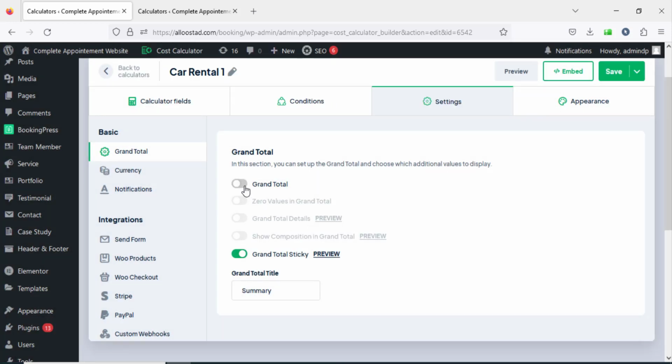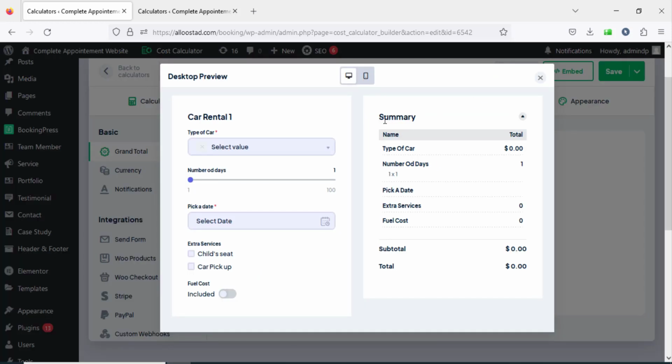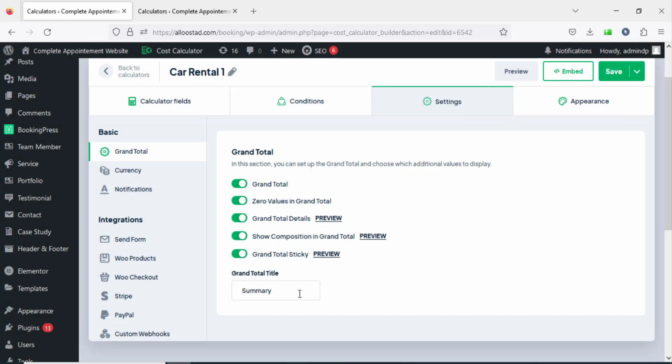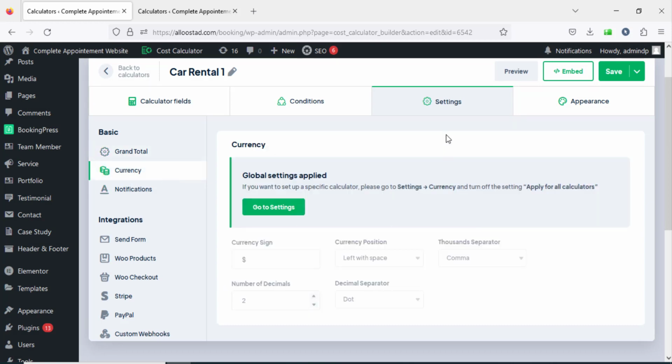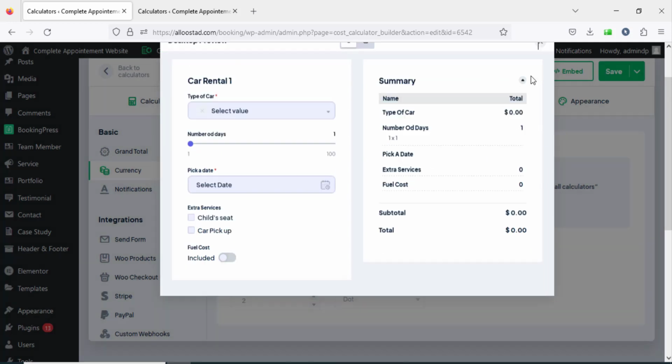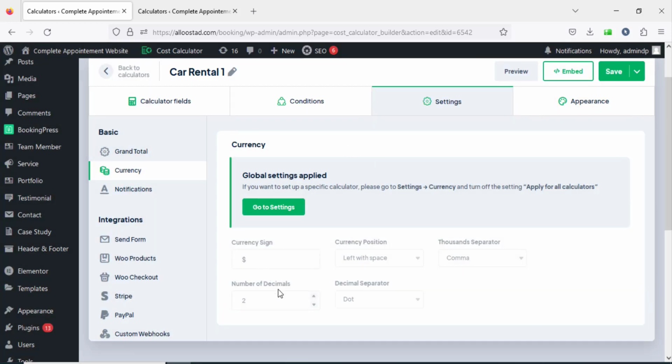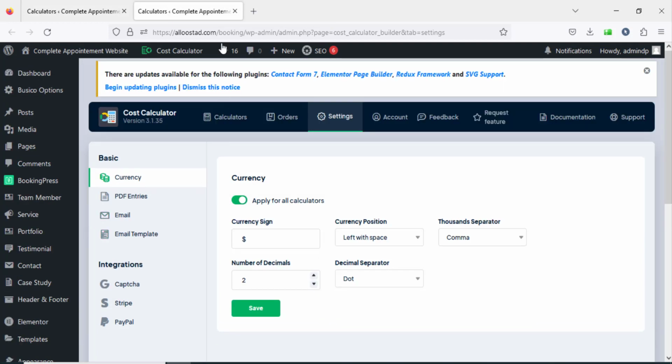So now I will enable it. For you, you're free to choose the button that you want to enable. And for this text summary, you can add your text here to change this one by editing this text. Now for the currency, as you see here, you can change them now, but if you go to the general currency, you can just disable this button and save. Click on save,